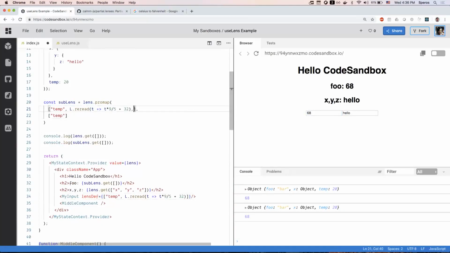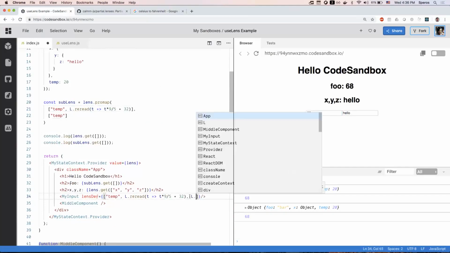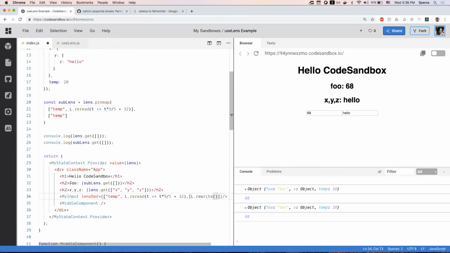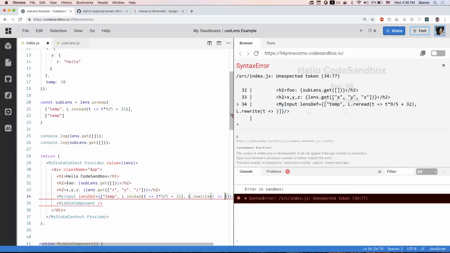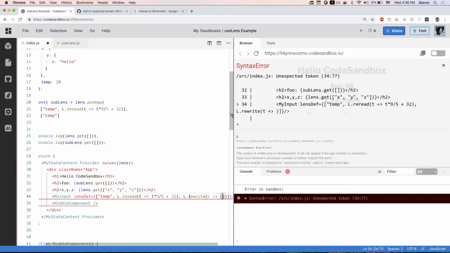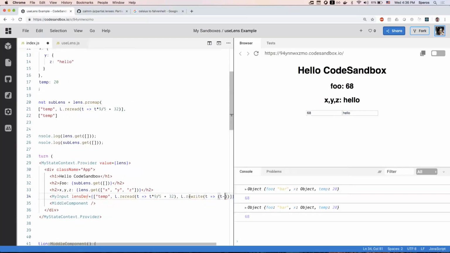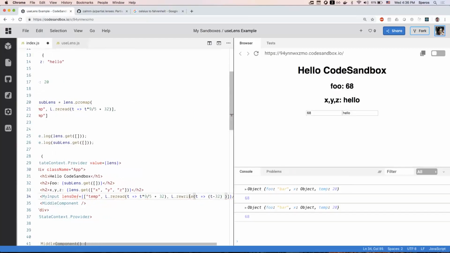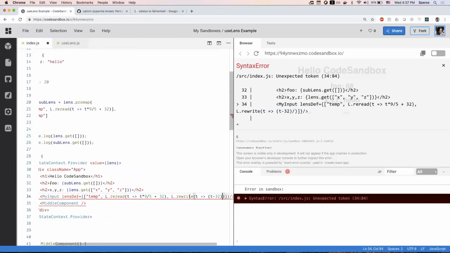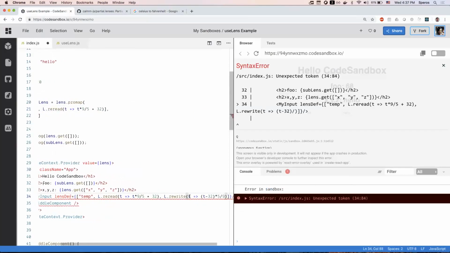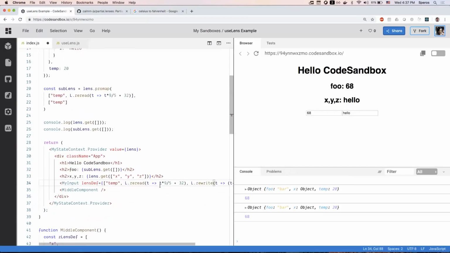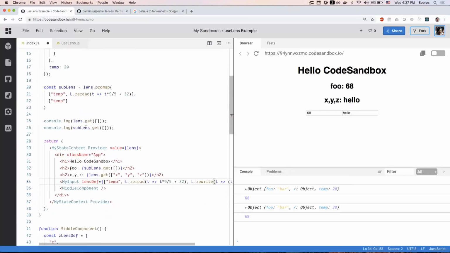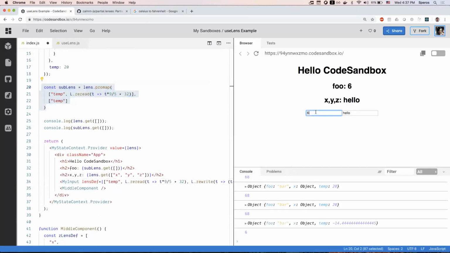So what I really want to do is something in the opposite direction, which is when it gets written, I want to convert it back to Celsius. So I guess it would be T minus 32 times 5 divided by 9 or something like that. And so if I just can't keep it this way, now if I make this like,